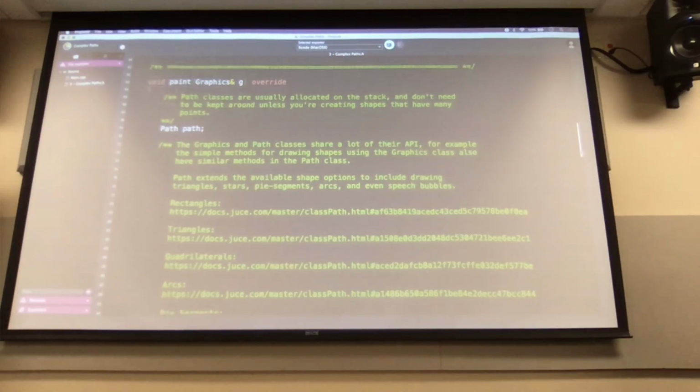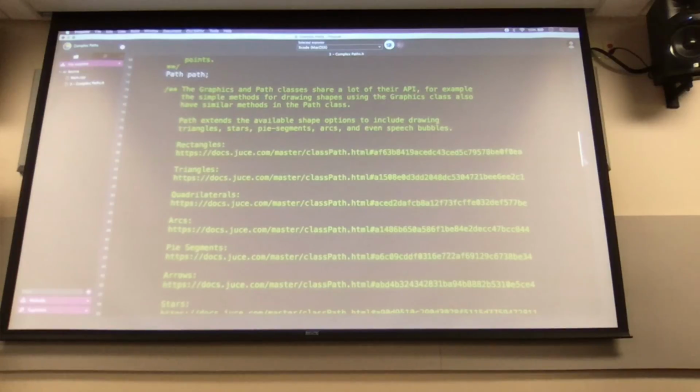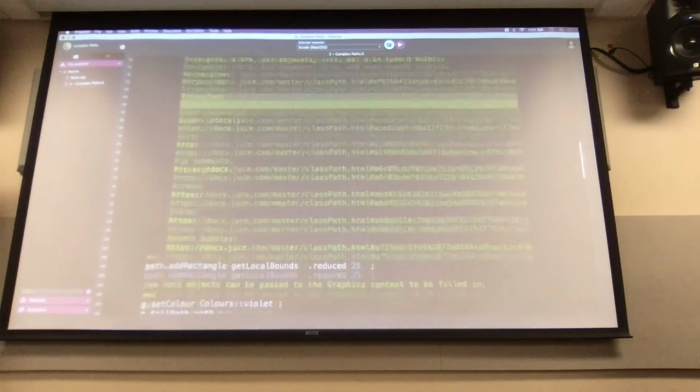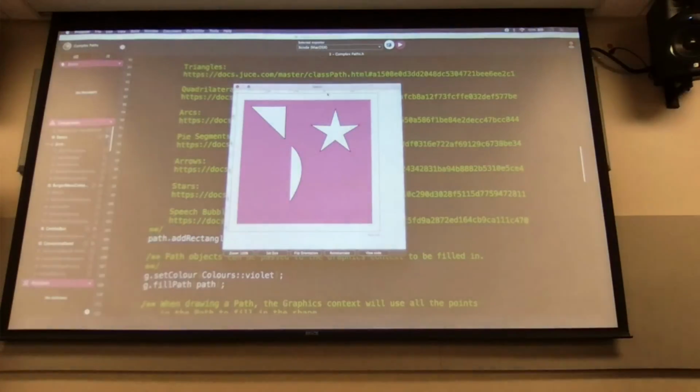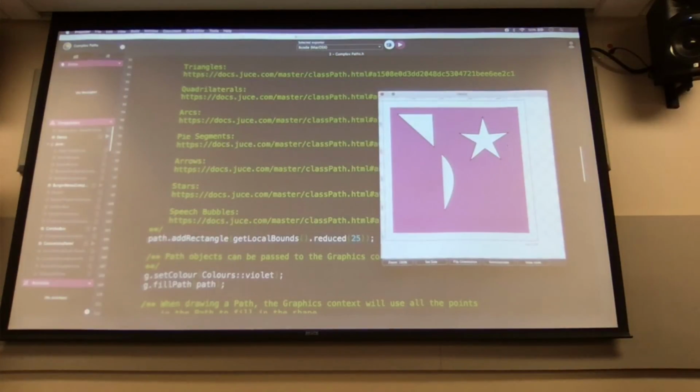I've included all the links basically that point to, if you're drawing a type of shape, like you want to draw a triangle, this is the exact method that is in the documentation for it. So we go through and basically just add those kind of shapes. So we have a triangle, a star, we draw our own little curve right here,